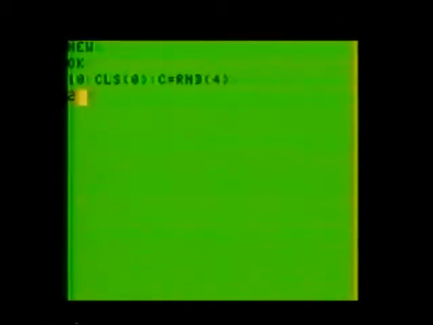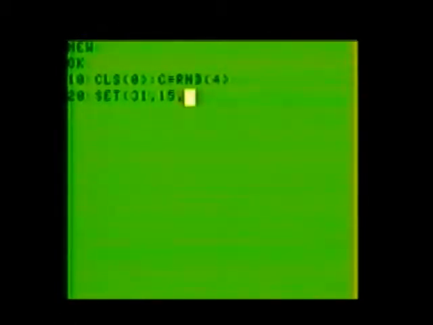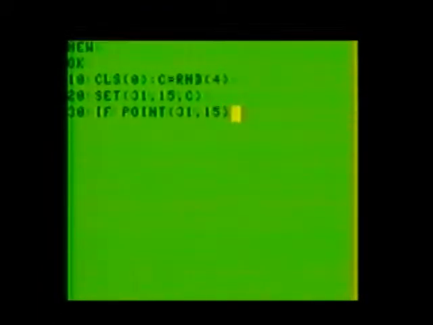Now we go over to line 20, where we SET (31,15) with C, our random color. Now in line 30, we check to see if POINT(31,15) equals 2. And if it is, then